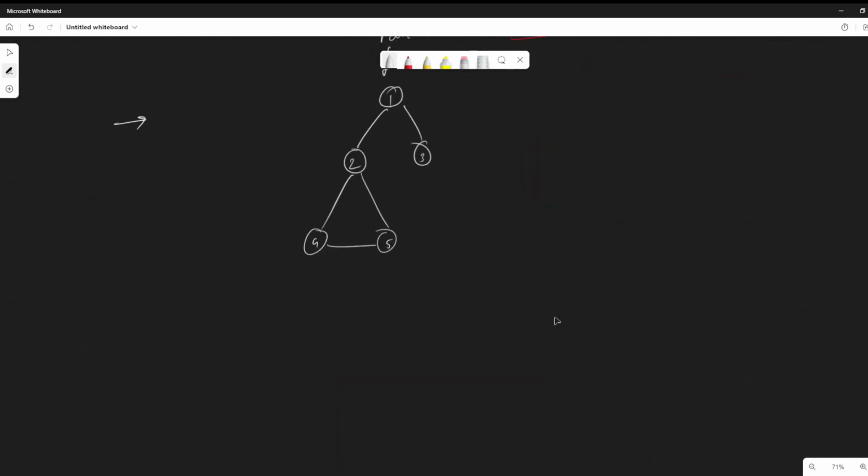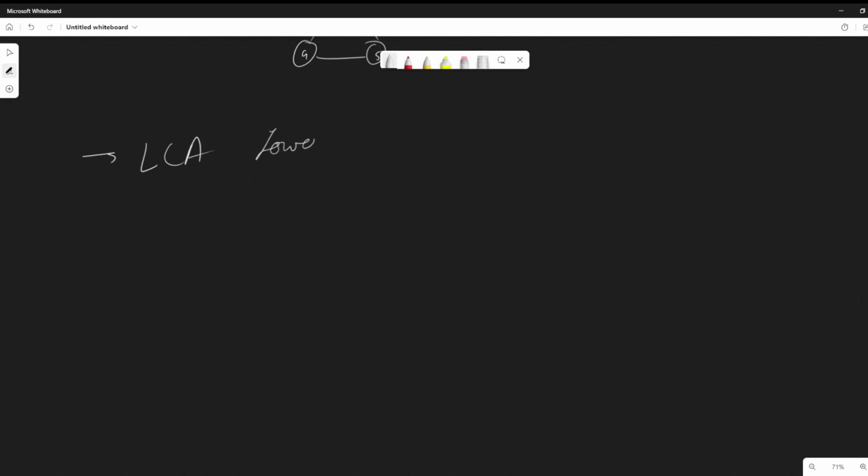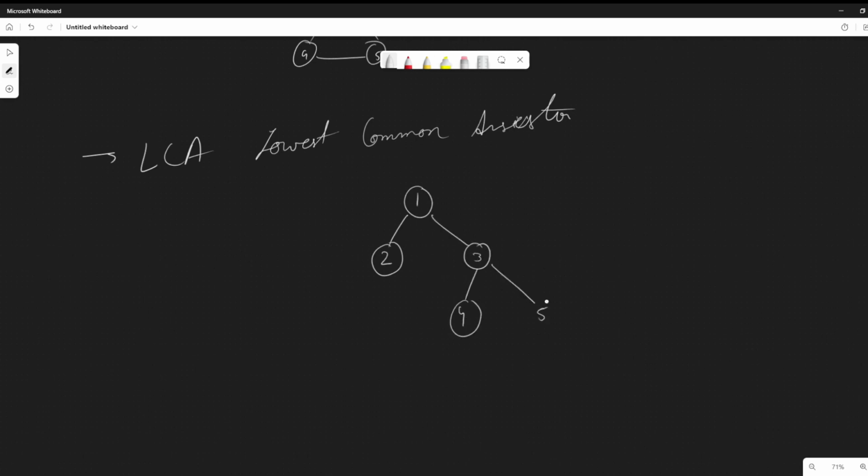Now we will talk about LCA, lowest common ancestor. What do you mean by lowest common ancestor? If we make a graph, 1, 2, 3, it is 4, it is 5, it is 6, it is 7. So if we have to find the lowest common ancestor of